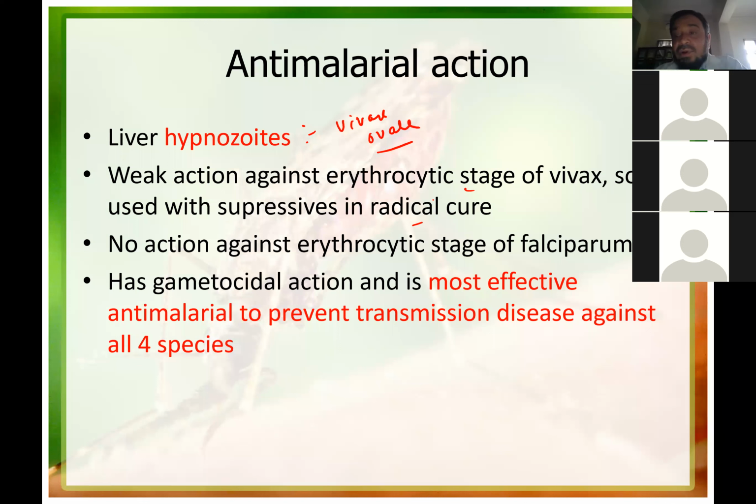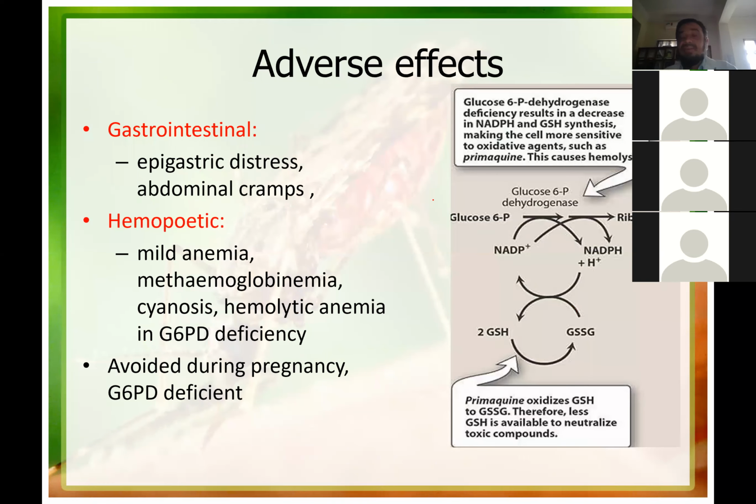So the most important thing about primaquine is, first, it is a hypnozoitocidal drug for vivax and ovale, and second, it is the best gametocidal drug. It is effective against the gametocytes of all 4 malarial species. So what are the adverse effects of primaquine? The most important adverse effect is